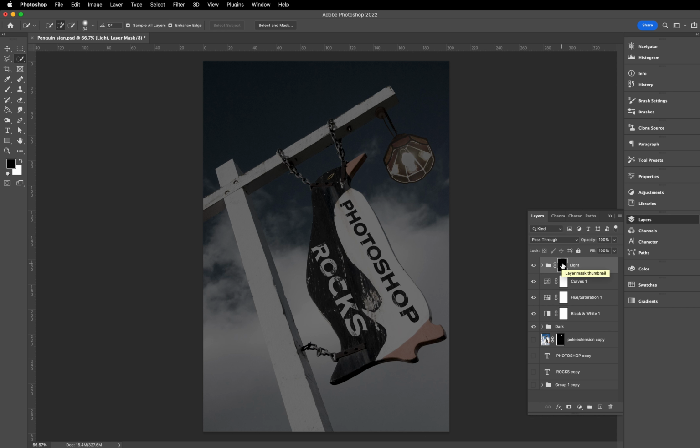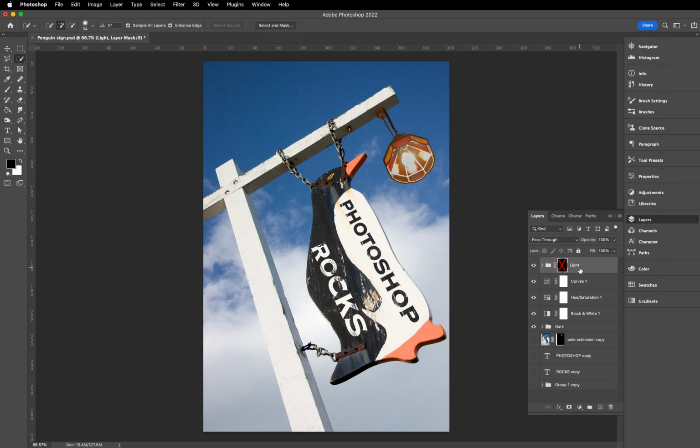We're going to want to disable for the moment this layer mask. So Control click the layer mask, and the top option is disable. Now the next thing we want to do is create a selection just around the sign part, the penguin part of this sign. And although we can do that with the quick selection tool just by going over that, it does a reasonable job,